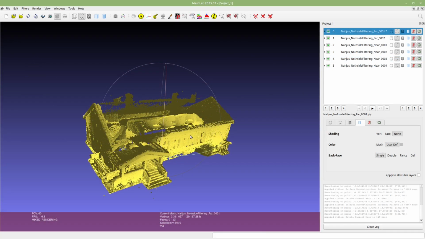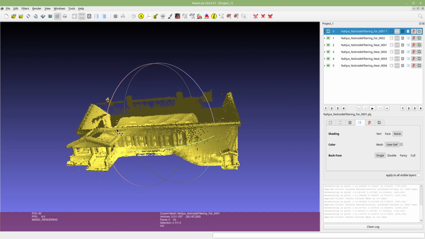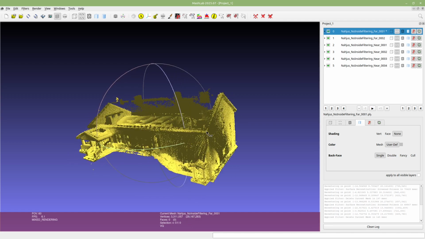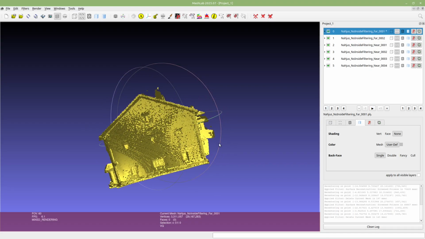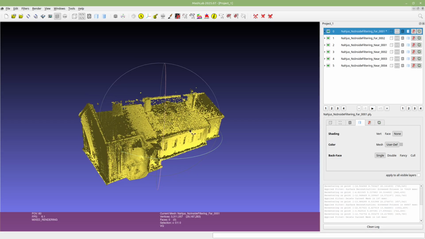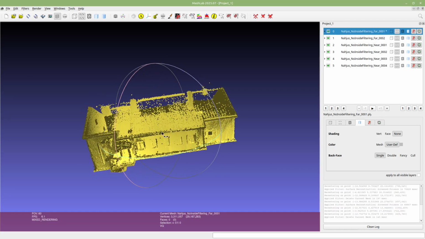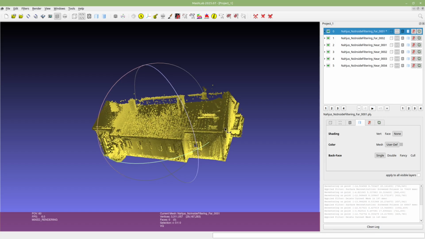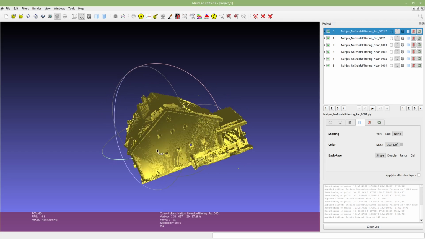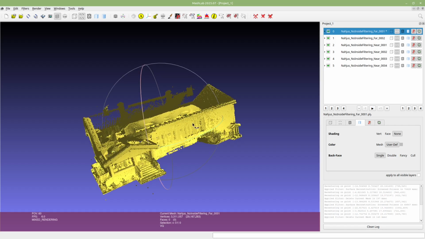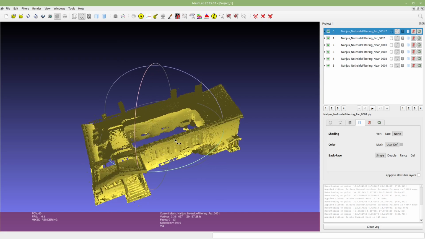Here are the points collected when scanning the main building. So here are close to 30 million points. As you can see, there are not many points measured from the roof. Some points are measured from the chimneys and such here. But on this side, there are almost no points at all measured from the roof.